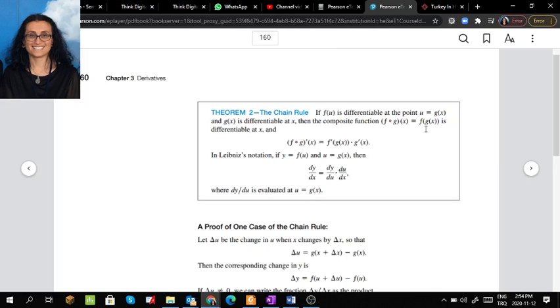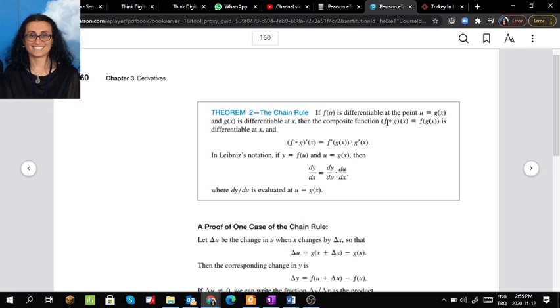Okay, we are going to talk about the chain rule. As you would see, this is 3.6. The chain rule is stated as follows. If f of u is differentiable at the point u is equal to g of x and g is differentiable at x, then the composite function f compose g at x, which is f of g of x, is differentiable at x, and the derivative is going to be equal to the derivative of f at g times the derivative